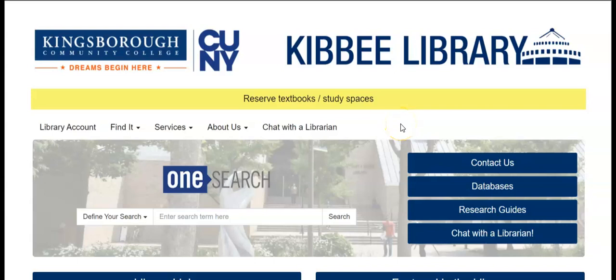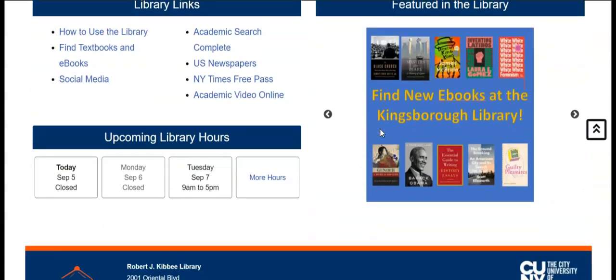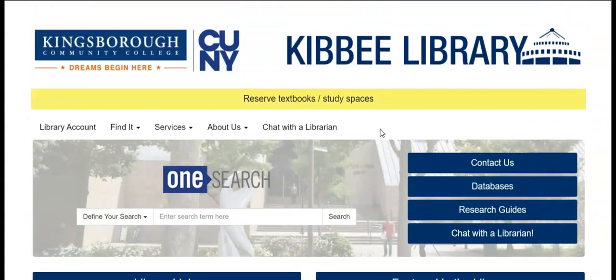This video explains how you would do a book search on the library webpage. Here is our library website. You will see in the middle of the page a search box. This is the search box for our OneSearch tool, which allows you to find all sorts of materials in our